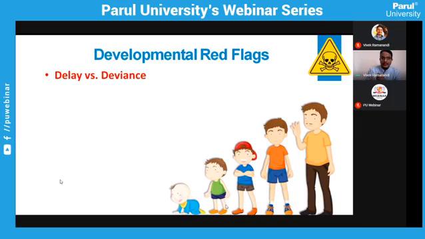But that is in the manner or pattern of the quality. But if the child is not able to attain standing at the age when it should have achieved the standing, then it is called delay. At 1 year, if the child is supposed to have supported standing and he or she achieves it at 1.5 years, then it is called delay. But if at 1 year the child can stand with support, but there is deviation in the posture, there is deviation in the pattern when the child comes from sitting to standing, it is called deviance.